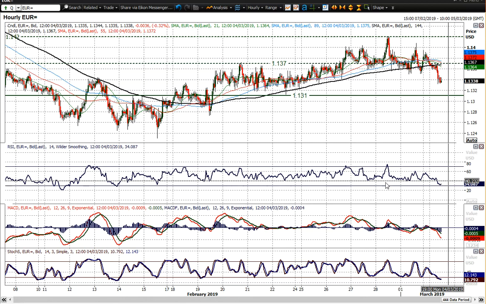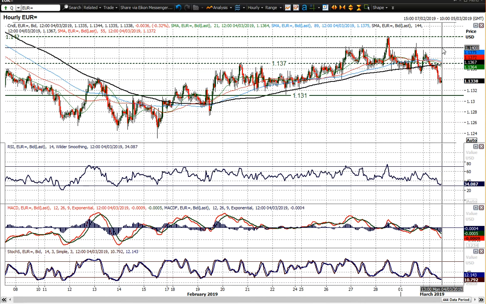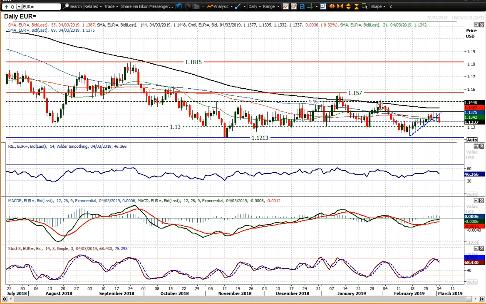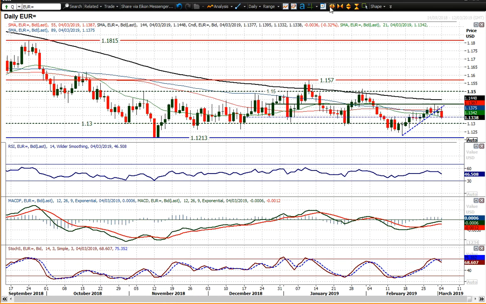has finished. A move below 30 would turn into a more negative configuration, but failing below around 60, failing around neutral on the hourly MACD lines. Rallies, I think, are a chance to sell. 1.1370 is initial rally resistance, then the 1.14 figure area, and then 1.1420, that pivot line which basically throughout 2019 has been a pivot, 1.1420. So it looks as though this recovery in euro dollar is now starting to roll